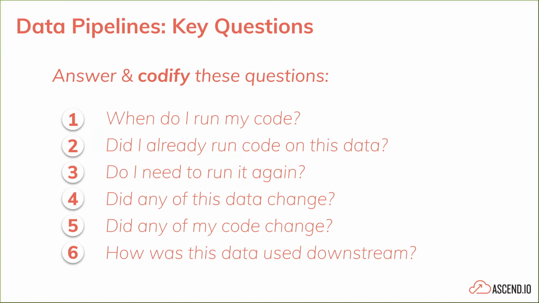Now, these questions might look a little simple, but the truth is that as you're building these pipelines, these are the things that are just going through your head, right? Number one: when do I run my code? So I have a piece of code that does some business logic transformation. When do I need to run it? And once you decide, okay, I'm going to run it this often, then as you embrace some more of that complexity, the next question, number two, is: did I already run this code on this data? Because then maybe I don't actually need to run it. Or question number three: do you actually need to run it again? Because maybe the code has changed, or maybe the data has changed, which are questions 4 and 5.